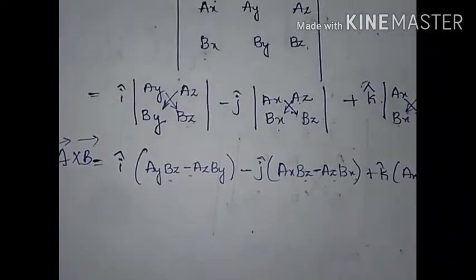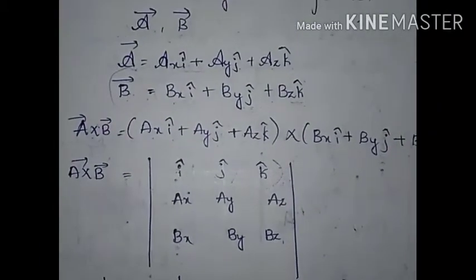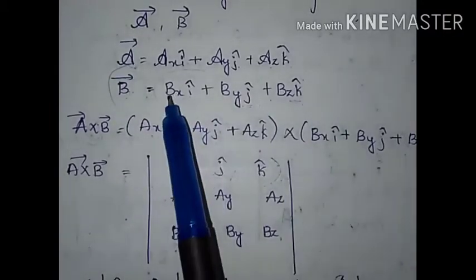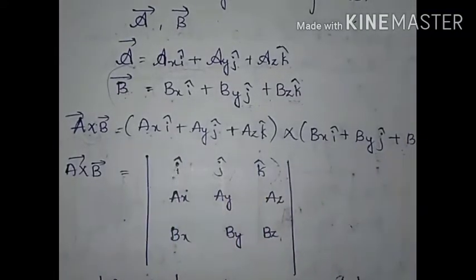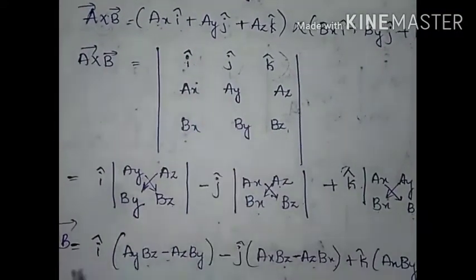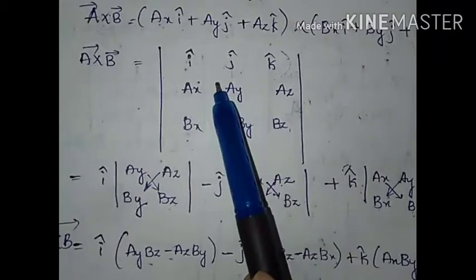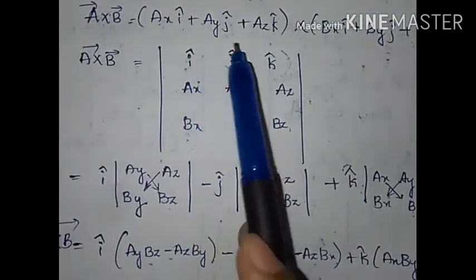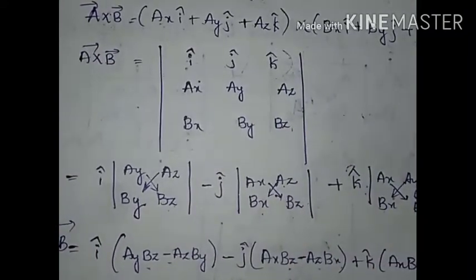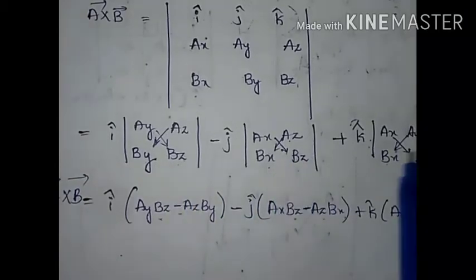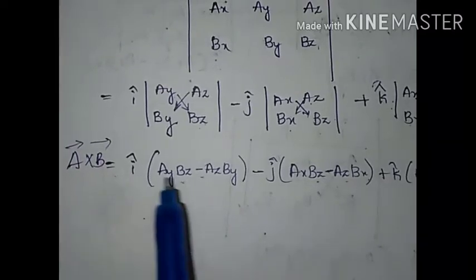This method appears to be a bit difficult, but don't worry, it is very simple. You just have to take the determinant. You know how to write the components, and directly after writing the components you can use this method to find A cross B. Here you take i, j, k separately, and with respect to whichever i or j you have taken, you have to ignore that column and that row. That is important. If you write all this clearly, then that's it, you can write A cross B.